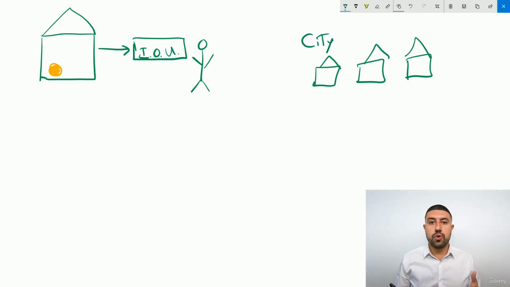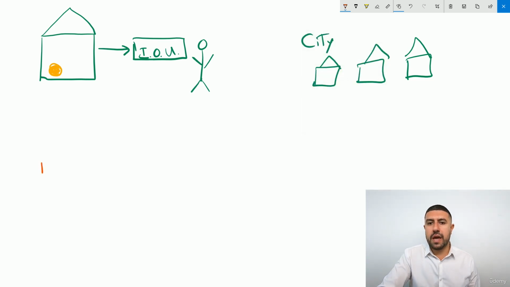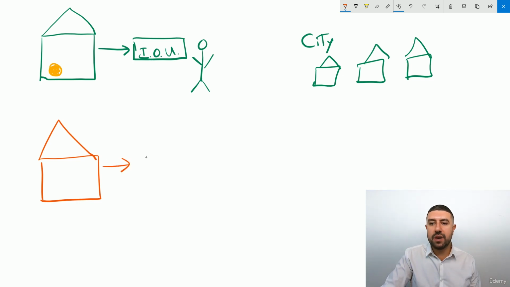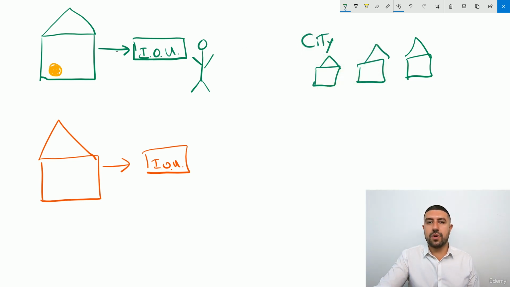So these IOUs were redeemed at your local bank, right? But there were lots of different banks. So it's not all the same bank. Every single bank had its different IOUs. They looked different. Okay. So, for example, I live here in Montreal. If I would have gone and deposited my gold coin at this bank and I took the IOU,